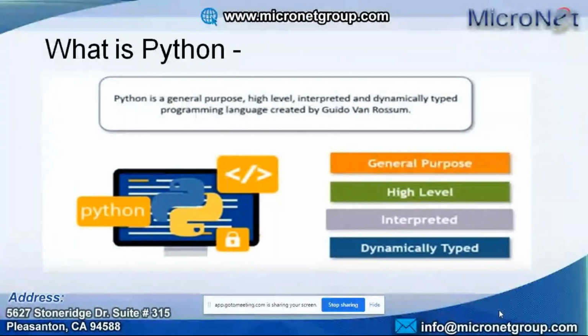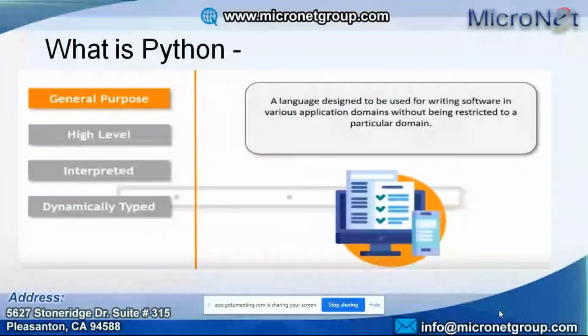First of all, let's see what general purpose is. The Python language can be used in all domains. For example, there is something called Guidewire, which was developed with the Gosu language, which can only be used for the Guidewire platform. Likewise, we have Pega, which can only be used for that language. Whereas Python can be used in multiple domains, there is no restriction on using it anywhere. It is very famous nowadays. People are using it in data science. Data science's most preferable language is Python. It can even be used in machine learning and artificial intelligence.